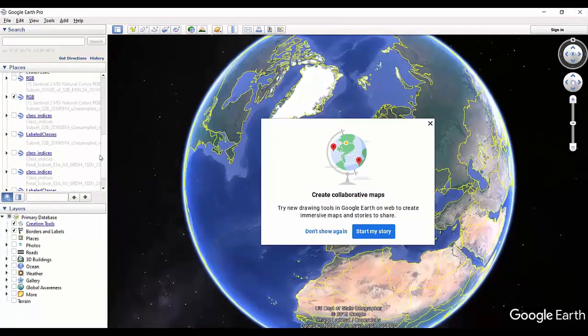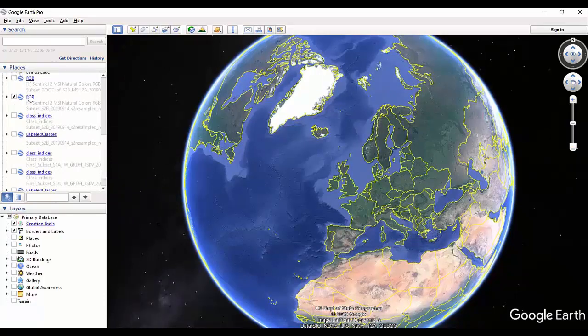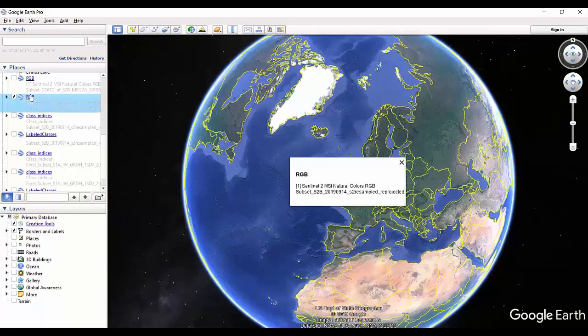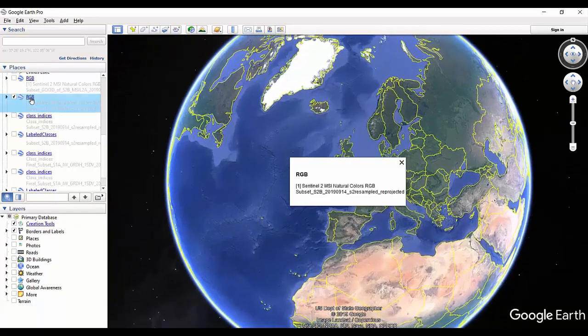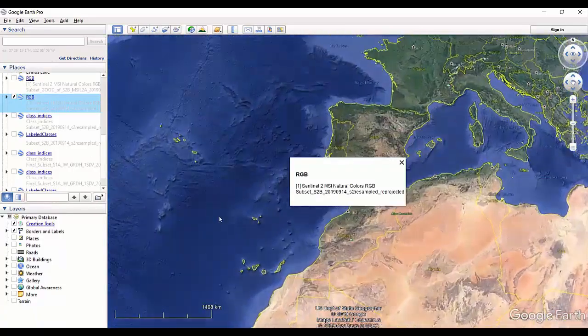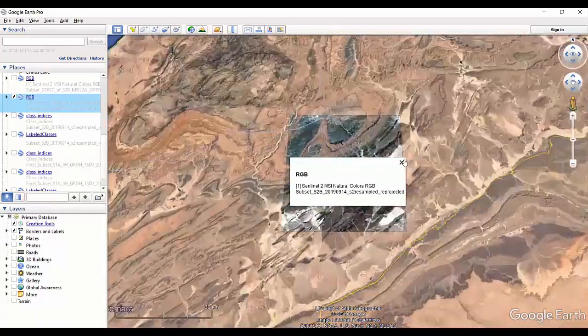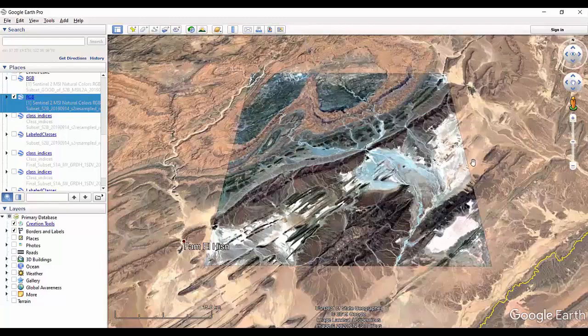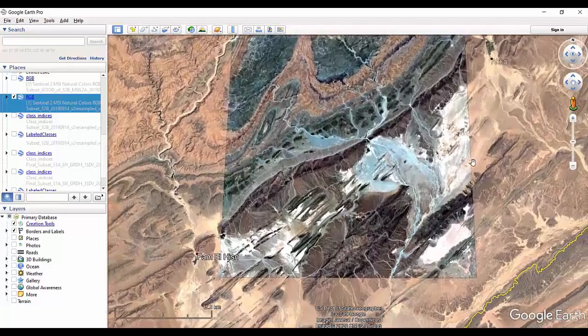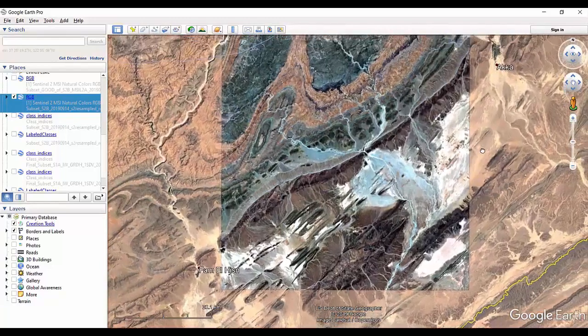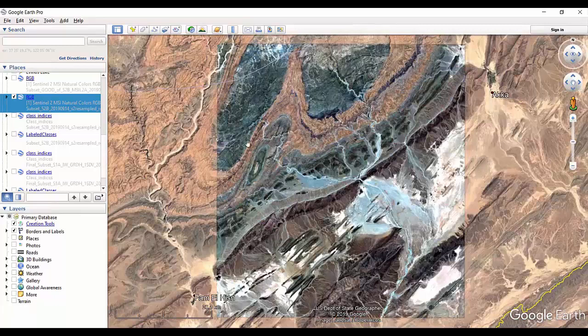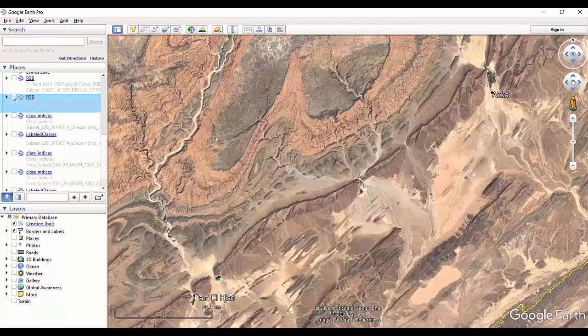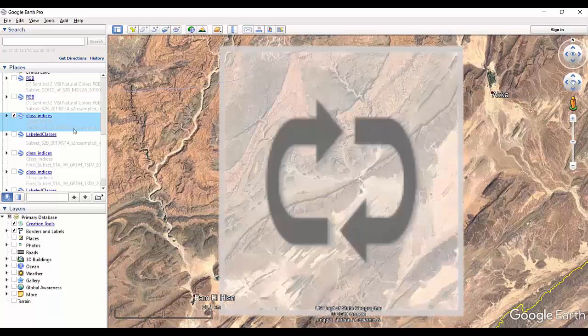We are opening here the Google Earth. And we click here on the RGB image we have exported before over this area. And here we see how it looks like. Okay. Apart from that, we can deselect it and we can see the result of the unsupervised classification we had with